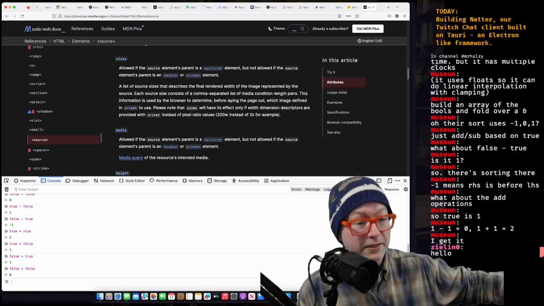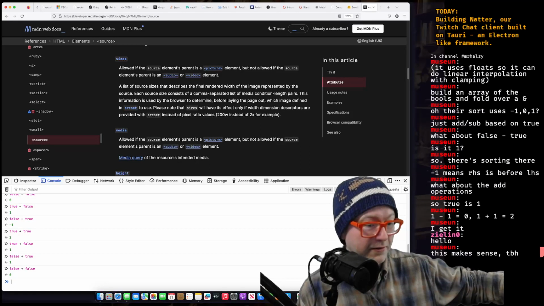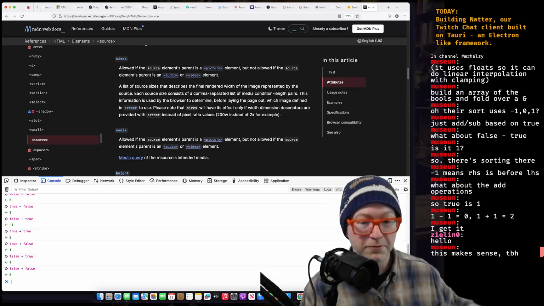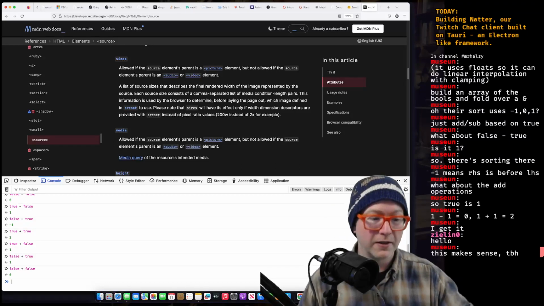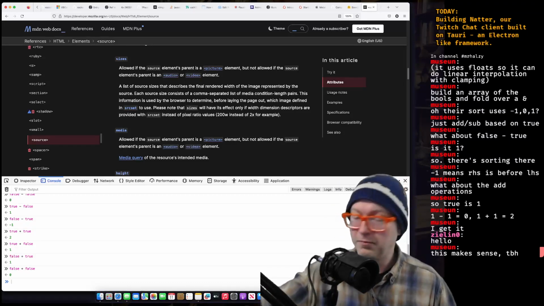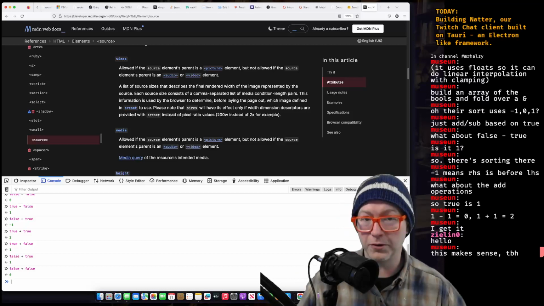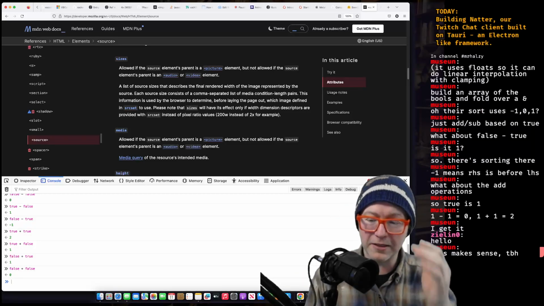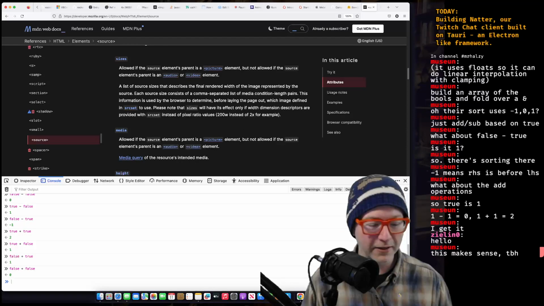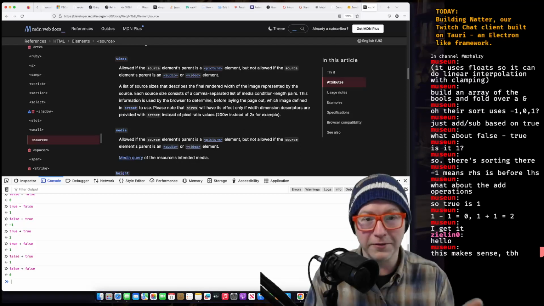It's nice, but it's surprising. Since languages have Boolean values meant as numbers, this absolutely makes sense, and per the language design, it's designed for sorting, right?